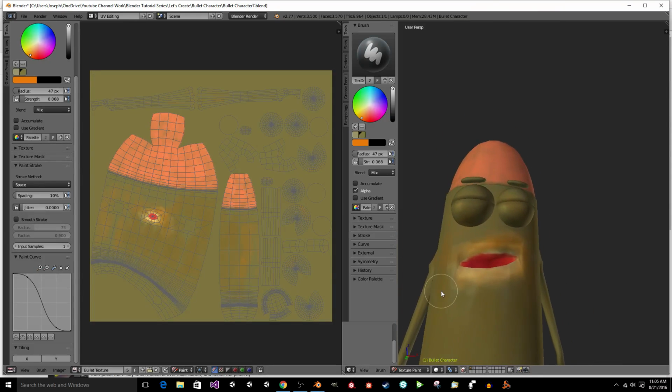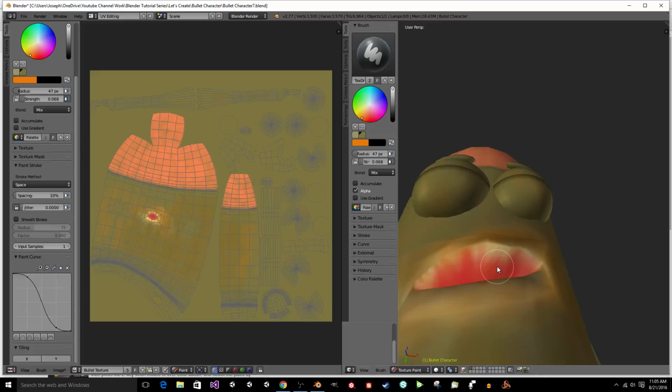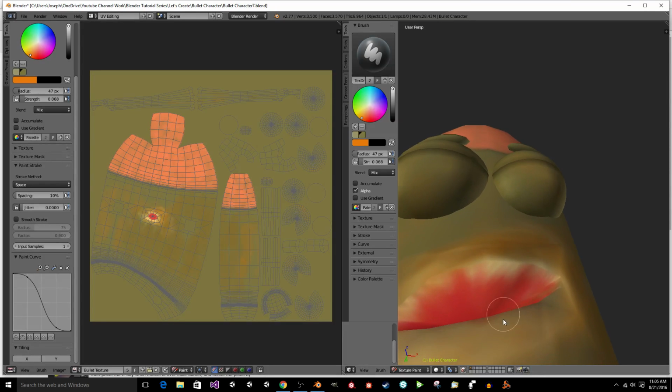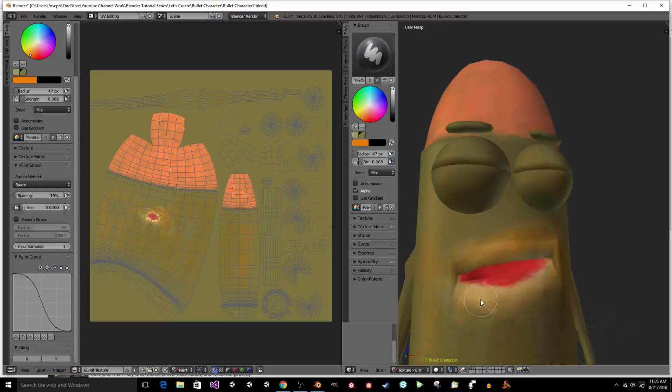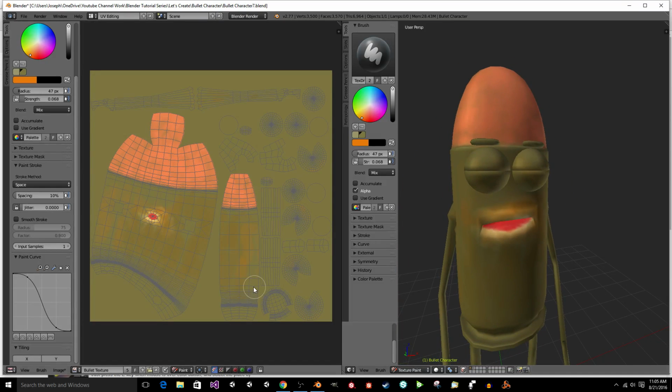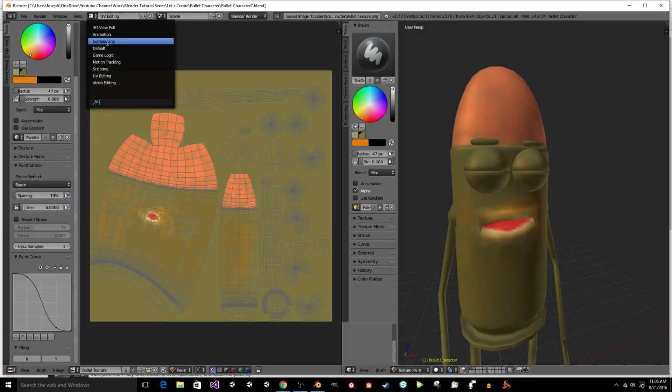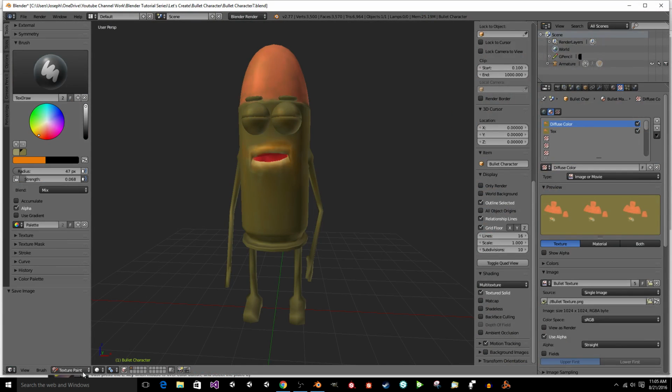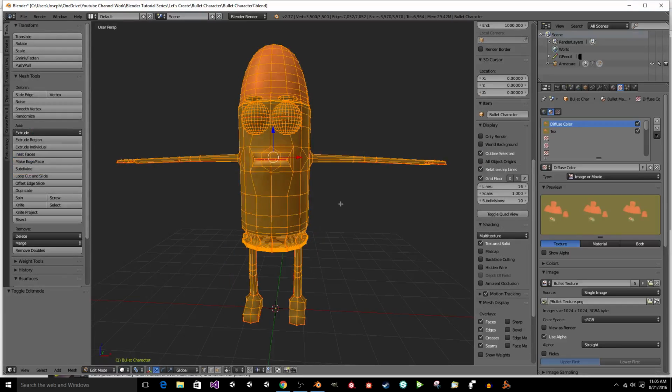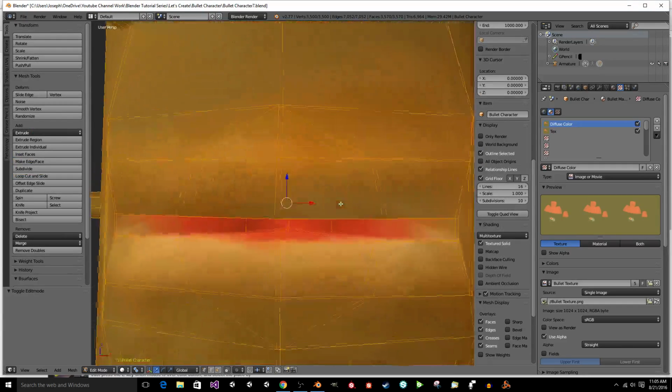So let's just say that you wanted to get rid of this mouth. Let's say you thought, that looks terrible. Let me show you really quick. Let's Alt S this image. The asterisk is no longer there, so now let's go back to the default view, and let's go into edit mode with this character, and let's go ahead and cut out